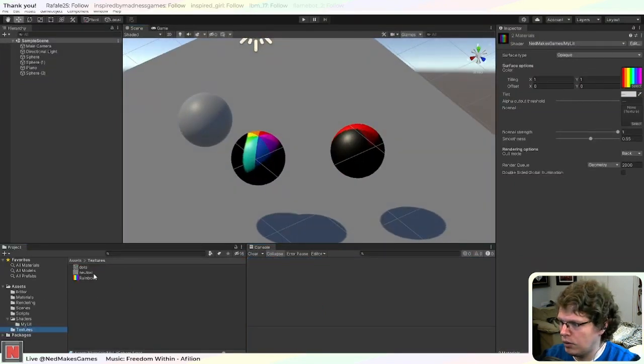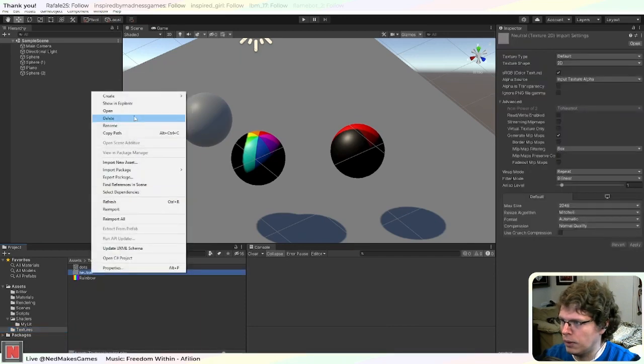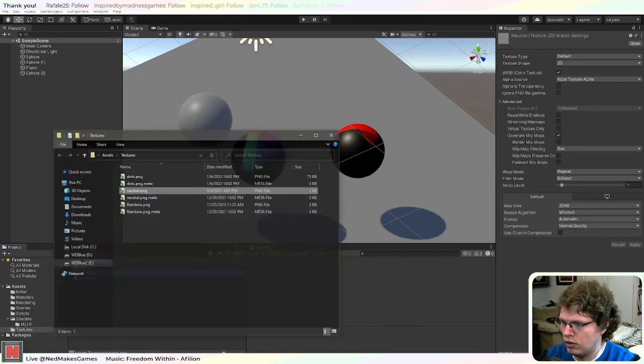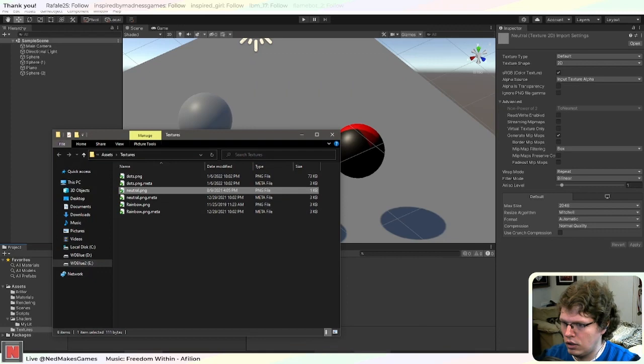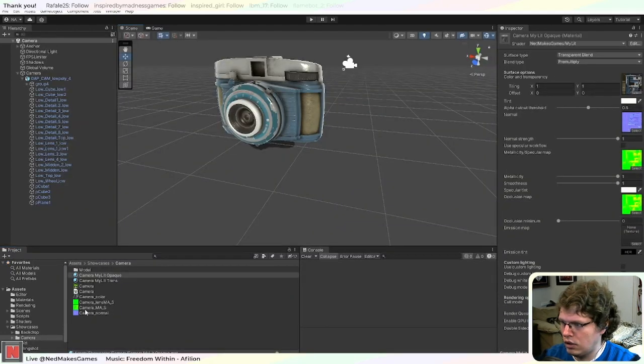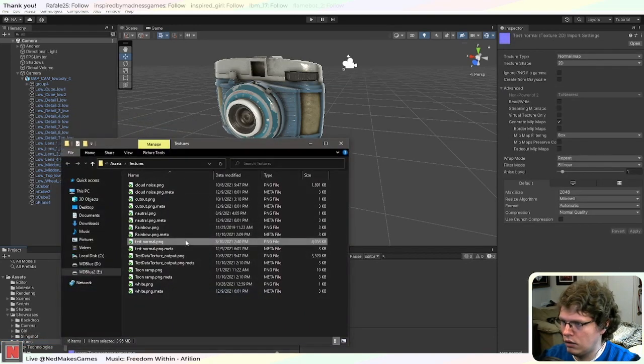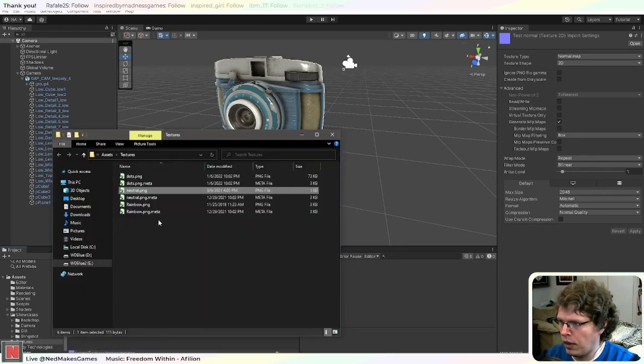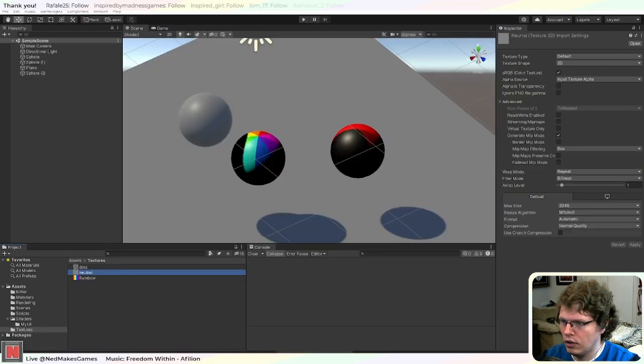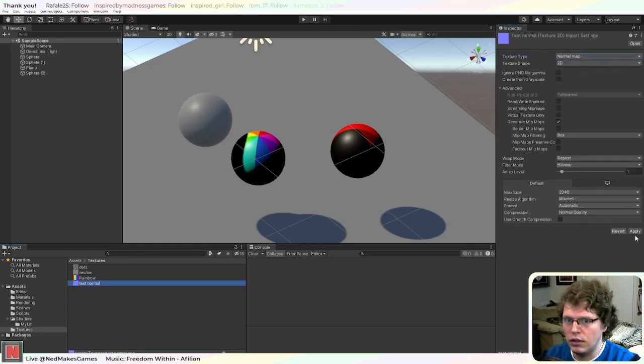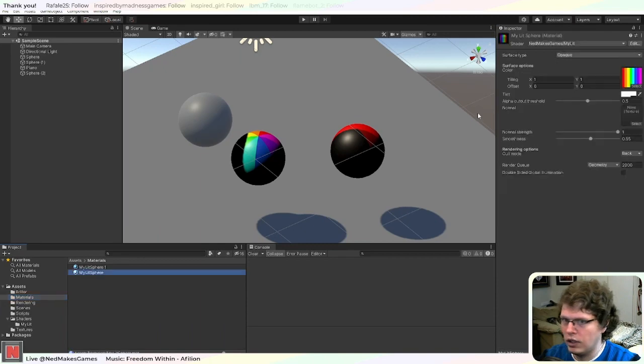Do I have a simple? No, I don't have a normal map yet. Let's grab this one. Just has a simple bump texture. So I need to tell Unity it's a normal map. And okay, so one thing I like is